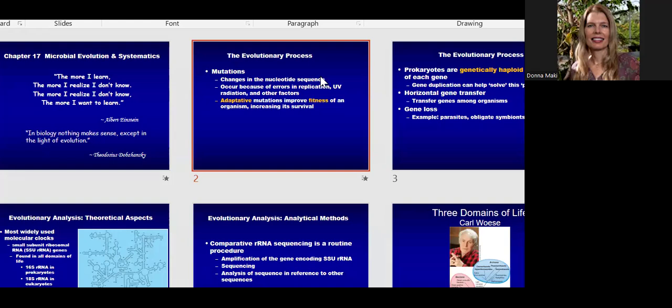All right. So when you take a standard Intro to Evolution class, they will talk about mutations, and that mutations are driving the evolutionary process, or one of the mechanisms. Well, yes, but that's not the only thing to think about. When you think about the word mutation, it just means a change in the nucleotide sequence of the DNA,